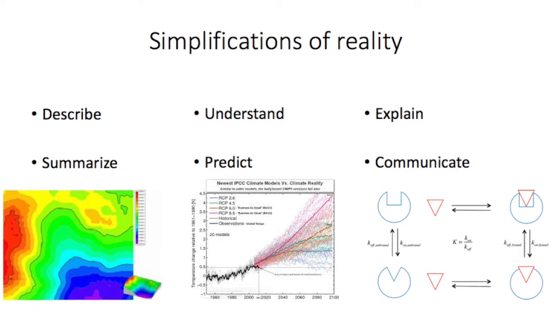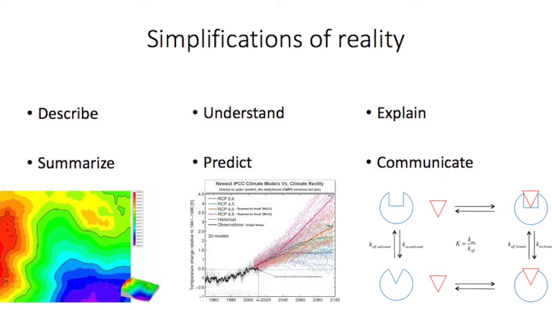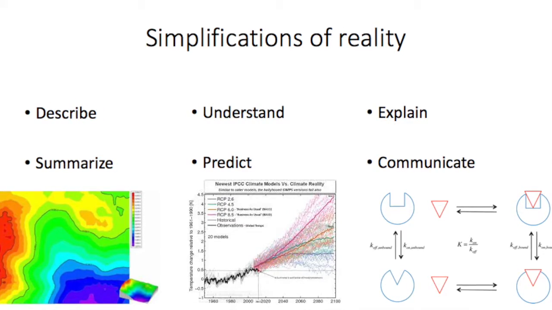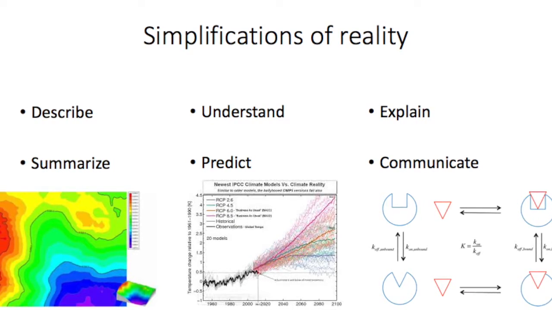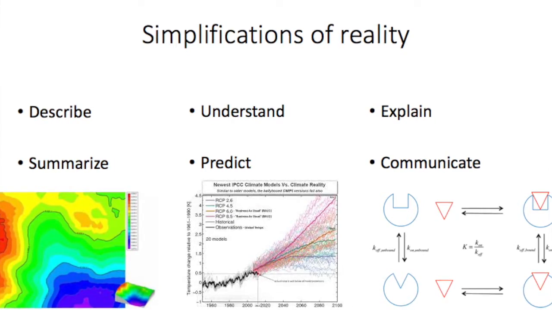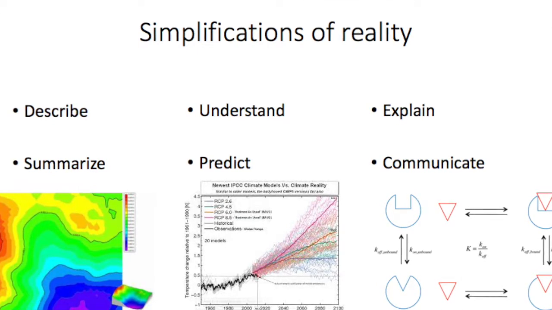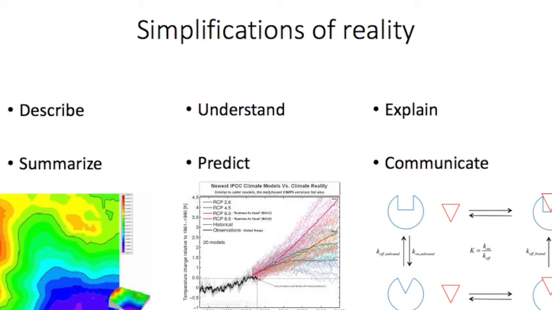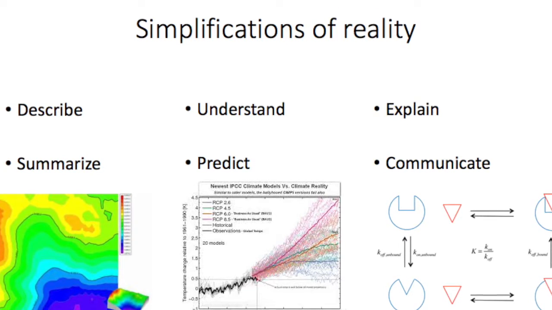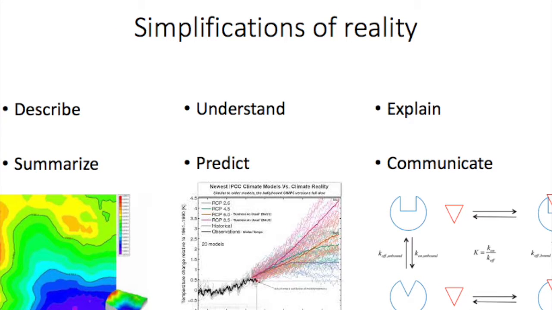For example, we can create a map using data linked to geographic location, which creates a visual image that is much easier to understand than tables of numbers. Also, once we have constructed a model, we can use it to predict what might happen in the future based on specific assumptions, like in the figure at the bottom in the middle, which shows predictions of global temperature over time. Finally, we use simple conceptual models like the one shown on the bottom right-hand corner all the time to